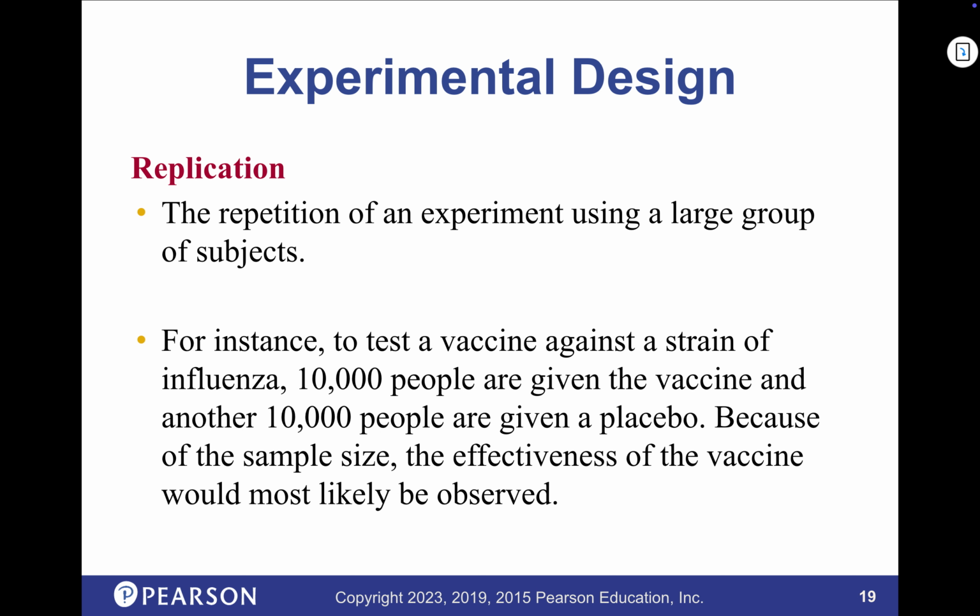Replication. Does it make sense? If it worked once, it should work again. If it was just that it was a full moon that week and that's why they got results, when you redo it with a not full moon, oh, it's all different. So what is the effect? So test a vaccine. Maybe 10,000 people are needed. That would help. And then if you did it again and got similar results, you could say, hey, our vaccine is working.